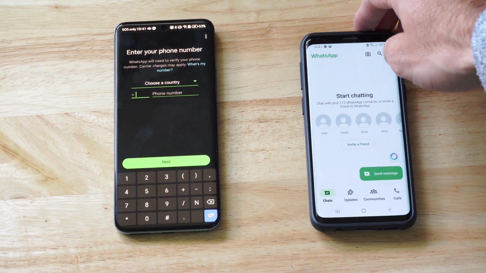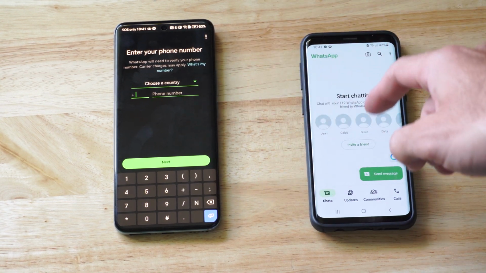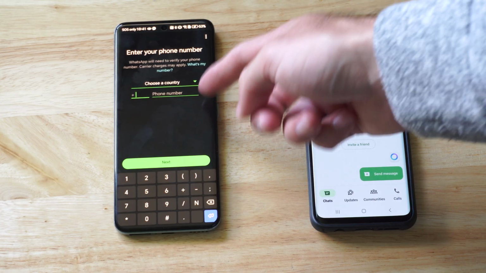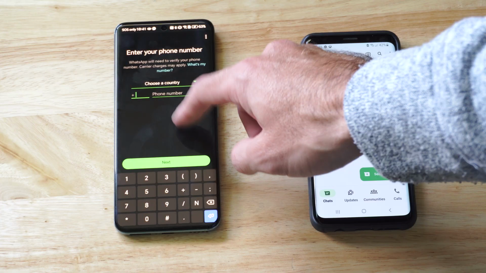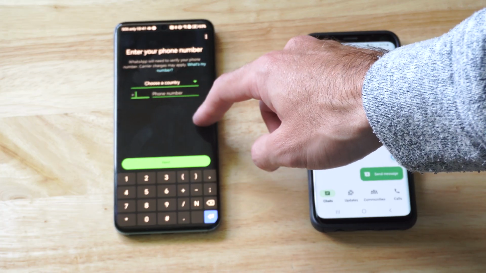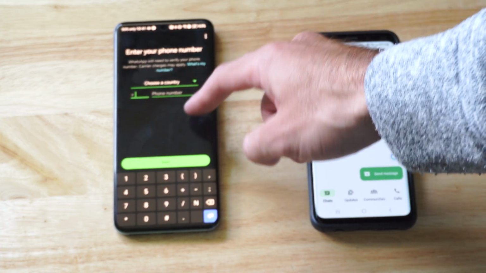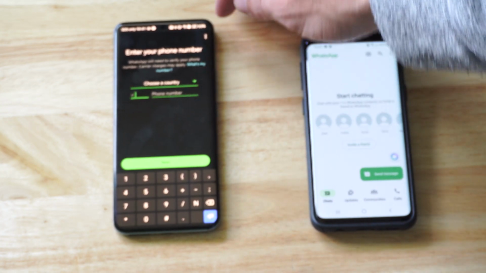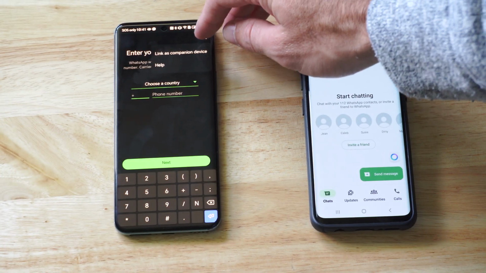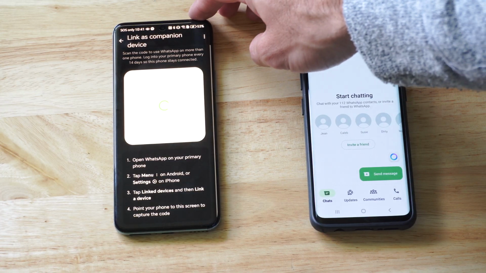Today in this video, I'm going to show you how to use one WhatsApp account on multiple phones. It could be iPhone or Android. So delete the app and then download it again on the phone that you want to connect it to. And this will force you to log out and then get to this point where you have to enter in a phone number. Go to the top right to the three little dots and go to Link as Companion Device